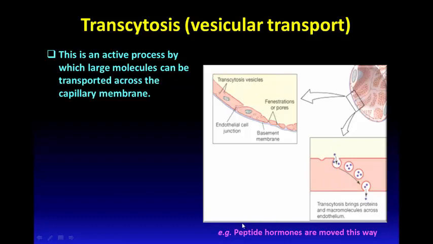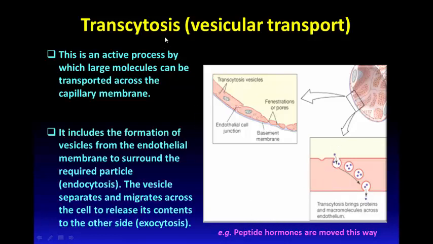Vesicular transport involves the formation of vesicles from the endothelial membrane to surround the required particle, and this process is known as endocytosis. The vesicle separates and migrates across the cell to release its content to the other side, and this is considered as